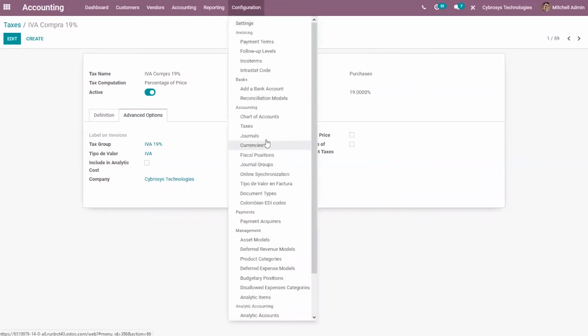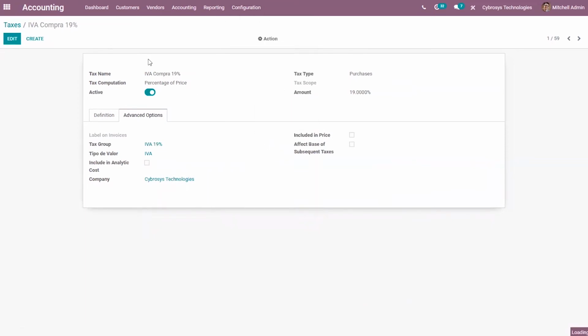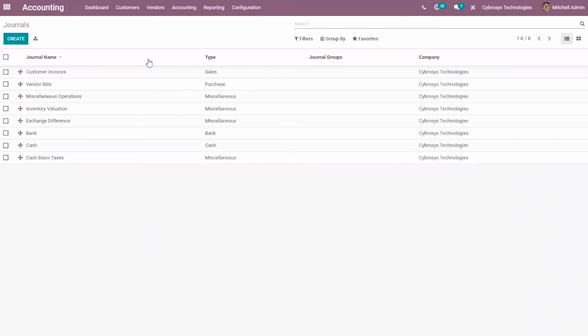Then here we can see configuring journals. The journal related to invoices is updated once DIAN assigns an official sequence and prefix for the electronic invoice resolution. So we have to activate developer mode and go to journals from accounting configuration.